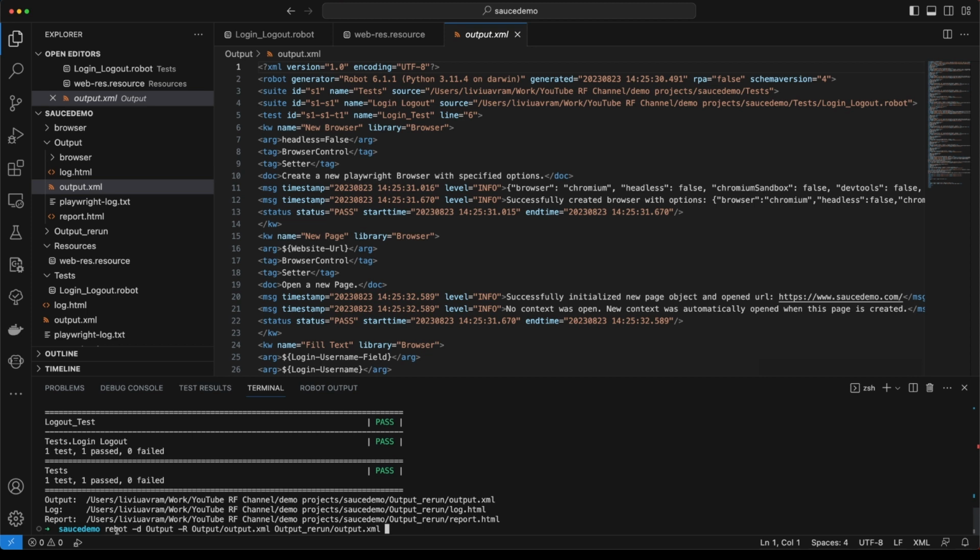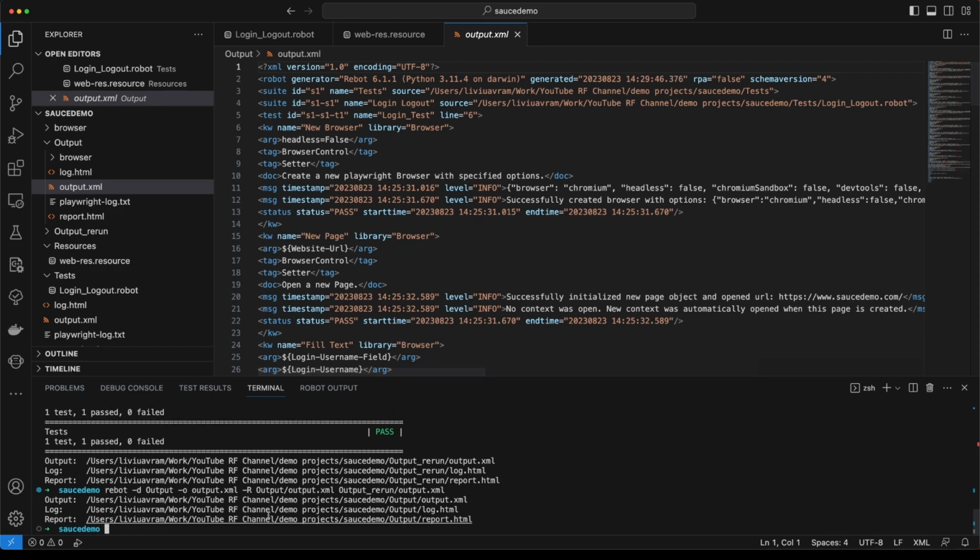So basically, I'm telling Robot Framework to match these two files and combine them into one file inside this output folder. What I can do also is to say, go and put the output in this folder, but also name it output.xml. So this command runs, and right now you can see that we have a merged output file,